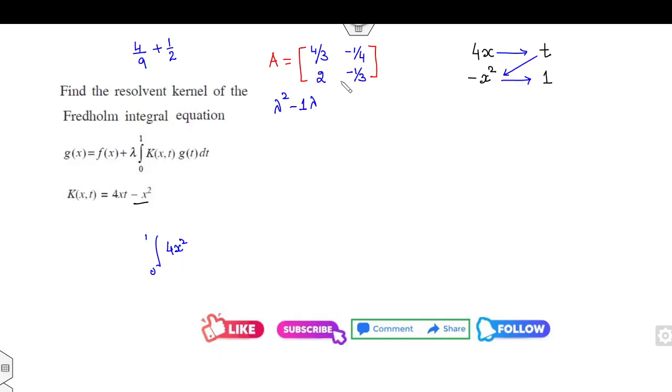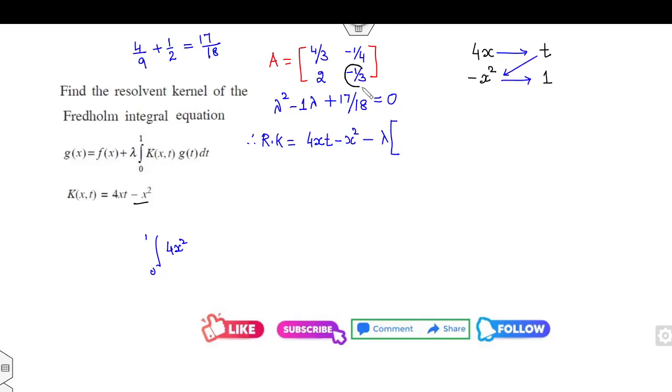So is it okay? Then how can you write the equation? It is 18 is the LCM, 8 plus 9 is 17, 17/18. So therefore the resolvent kernel is the given equation of the kernel 4xt minus x square minus lambda,